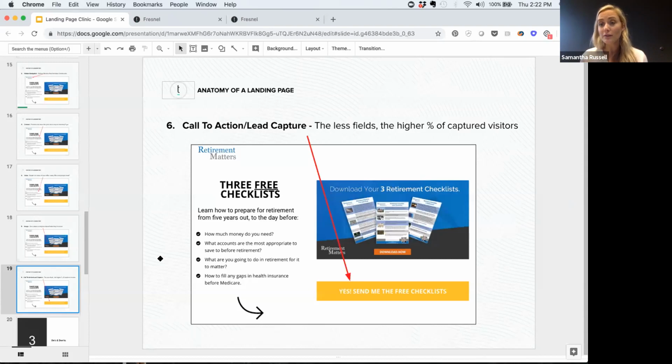However, if you're only looking for maybe the most well-qualified people, or people that actually fit your demographic, then including more fields will weed out some of those people that wouldn't be a good fit. So it's up to you. Again, the fewer fields you make someone complete, the more likely you are to have a higher percentage of conversions. The more fields you have, you'll see a lot fewer conversions, but they may be more quality conversions. So keep that in mind as you're building those out.